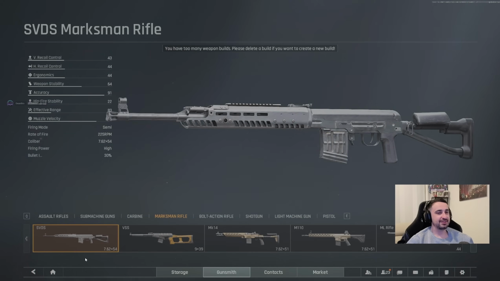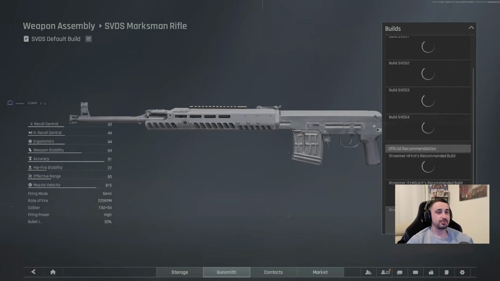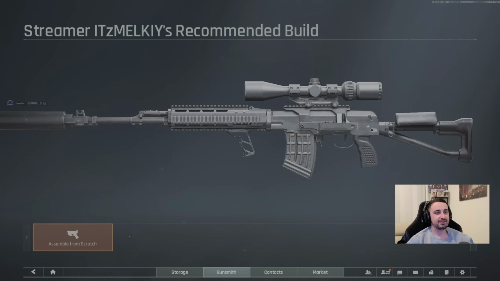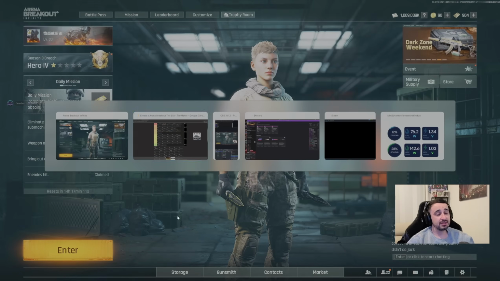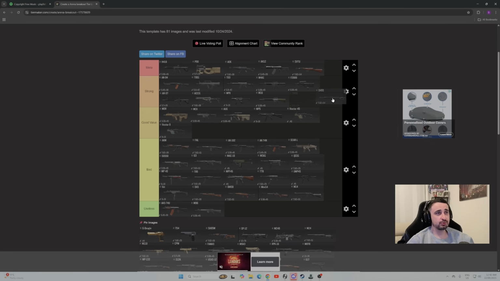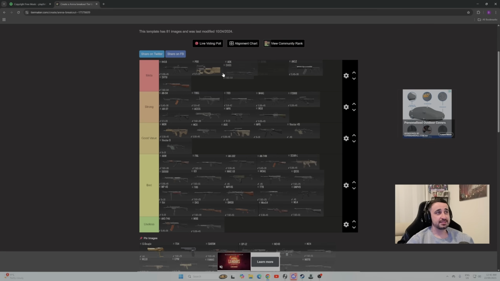Marksman rifle, SVDS, currently it's meta, you can 2-tap to the chest. It's not a cheap weapon though, so it can cost you a fair bit to kit out, as you can see. And you know what, it reflects on the price range because it is meta. You can 1-tap, good range, good firing power, and it's got good